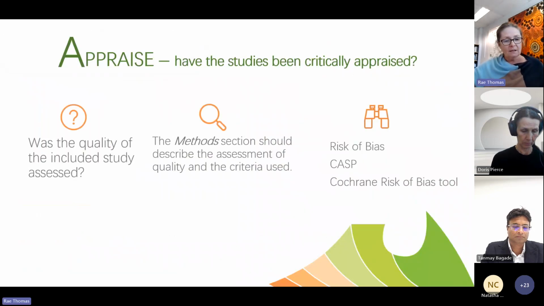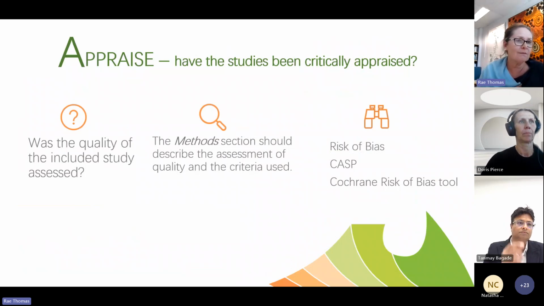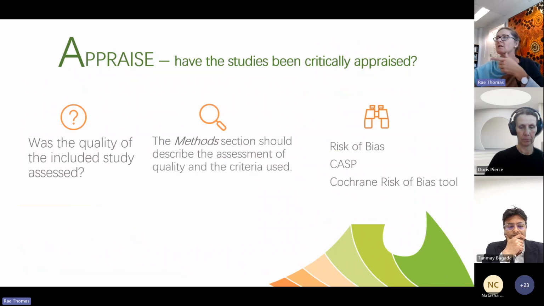We get to appraise, right? So, okay, how did we appraise? Where are we going to look at that? Did they appraise the included studies in their systematic review, right? I'm going to find that. They're going to tell me about it in the methods section. They might sneak me some information in their results section as well to have a look at, but they should tell me about it in their methods section. I'm looking for things like risk of bias, Cochrane risk of bias tools, CASP tools, all of those things we talked about before. So what can I find?